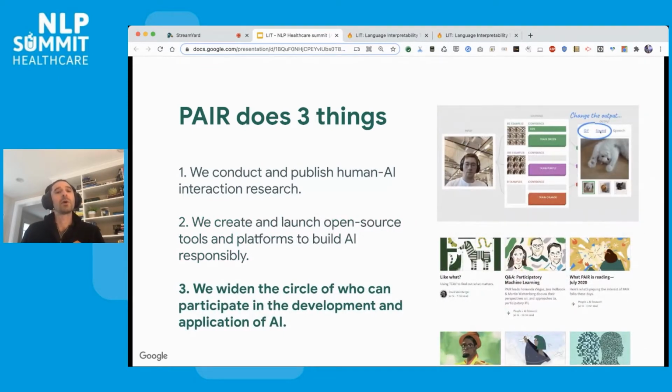And lastly, we try and widen just the range of people that can participate in responsible AI practices. So that means things like having a Medium channel where we do interviews and articles about research and different people in the field, and also building really interesting demos and educational resources like Teachable Machines, which is shown here in this slide, which is a great online resource for building your own machine learning models from just your webcam that can do fun toy things to kind of understand how machine learning works in abstract. But then also those models can be exported and used in real products down the line too.